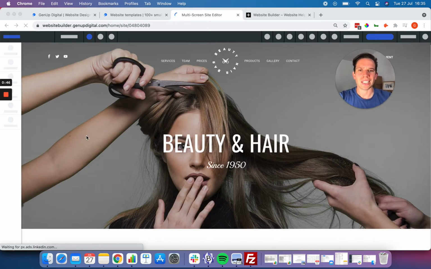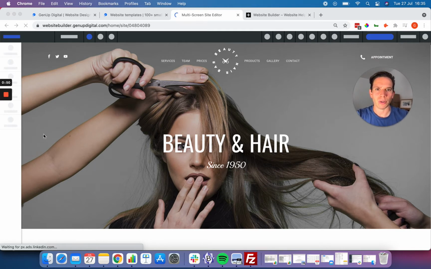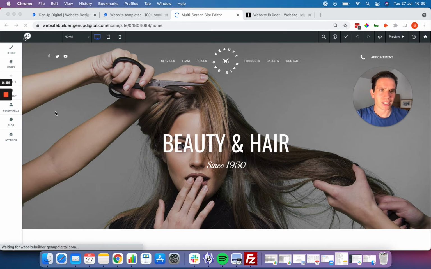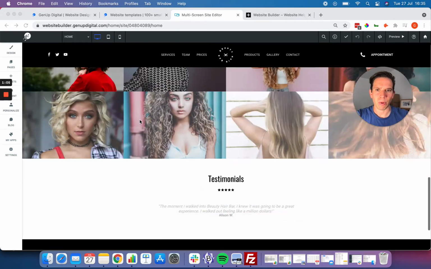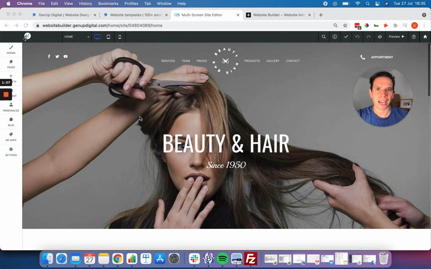So this is a pre-built hair and beauty template, so it's good to go. You just need to change the images, upload whatever image works for your website, and change out the text, change out the copy throughout the website. So in this example, you can see it's a really nice looking website. Everything's created for you already, and we've got